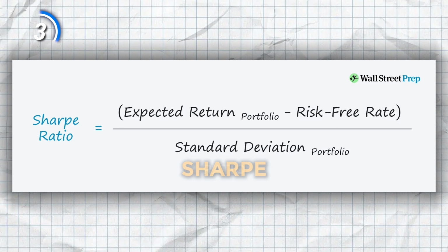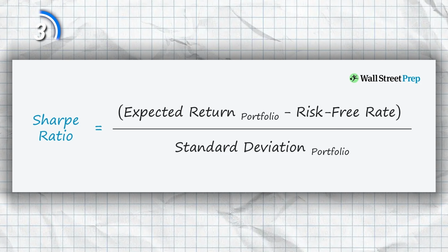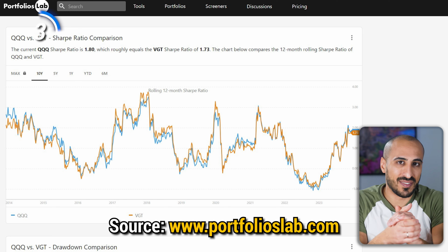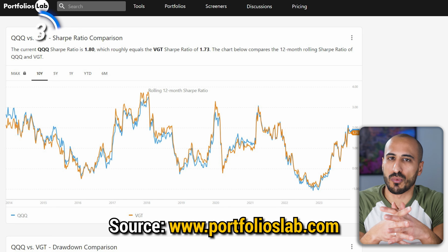As you can see, it's hard to find a winner when it comes to risks. So let's try using a risk-adjusted ratio like the Sharpe ratio that measures the performance of an investment, adjusting it by the risk. So basically, the greater a portfolio's Sharpe ratio, the better its risk-adjusted performance. If we use the website portfolioslab.com to compare it to ETFs, we find that they've had pretty similar Sharpe ratios